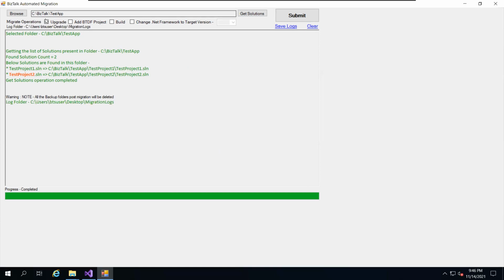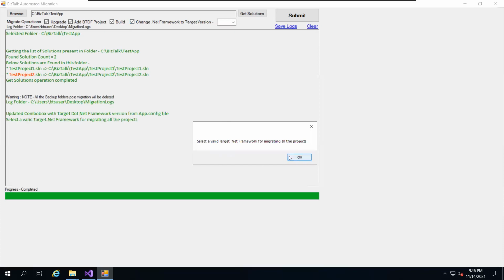Okay. So similarly, do you want to add a BTDF project or not? If it is a requirement for you, you would prefer to choose it. If it is not, then you can simply ignore it. And then, do we want to rebuild the project at the end of the successful migration? In most cases, you would want that. Next is, do you want to change the target framework?